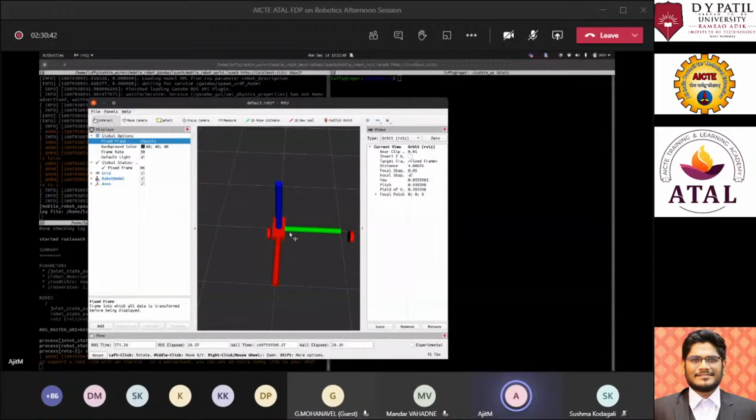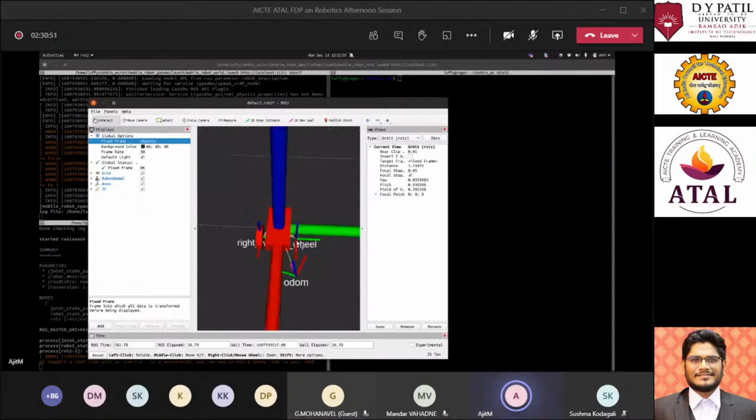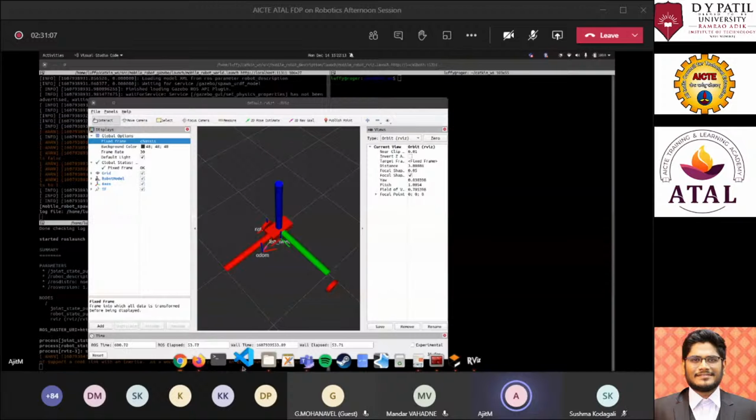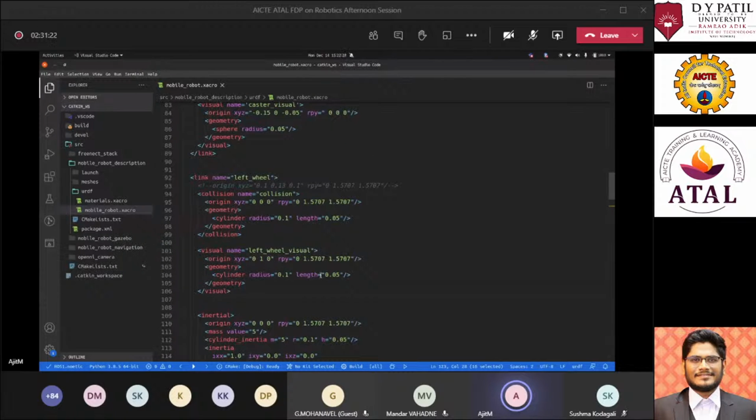So here you can see that this wheel has been shifted from its origin by a meter. So here is the joint of that specific wheel, and it has been shifted by +1 over here. So when we are defining any link, we don't need to mention the origin of that link in the link tag, but we need to define the origin of that link in the joint tag of that specific link. So here you can see it is 0.1, 0.015. This is the actual origin of that link. And whatever changes you make in the link tag will be reflected from here.